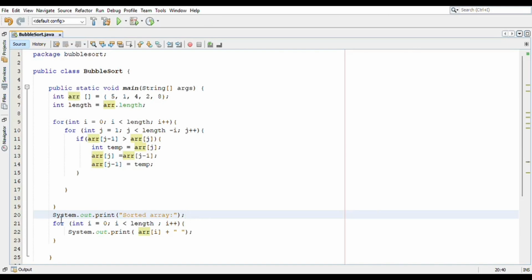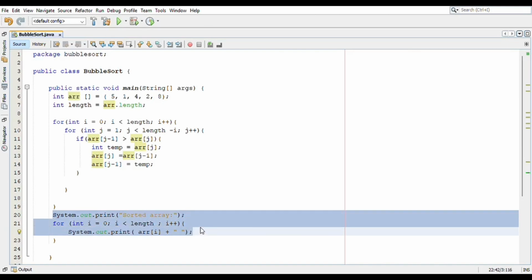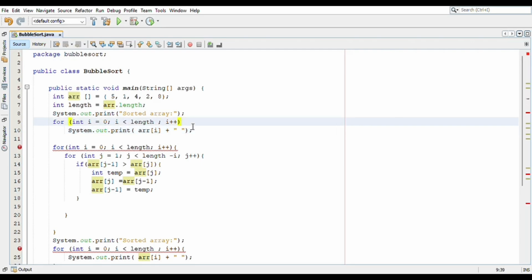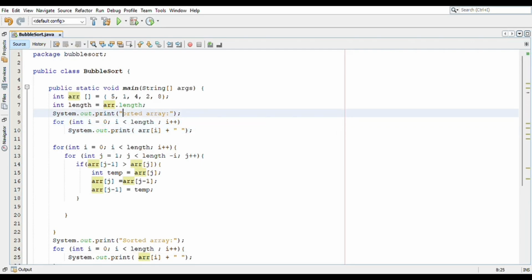So let me just copy here and print this over here. So I'll provide unsorted array over here. And then again, we are printing the unsorted array first. And then after that, we are going to have the sorted array.